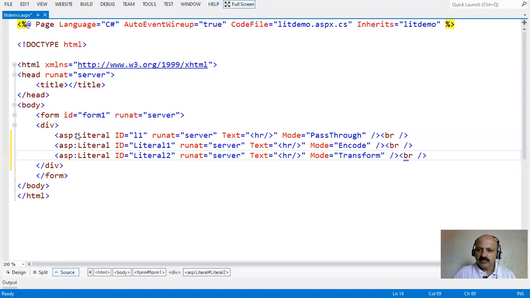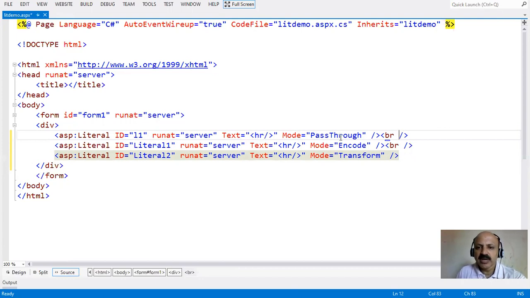So here the br tag is not required because that is the last. We have to take only three controls, and we understand what the use of each is. First we assign the mode property of the literal. Here the ID is runat server, and the text is an HR, meaning horizontal rule line in HTML tag.